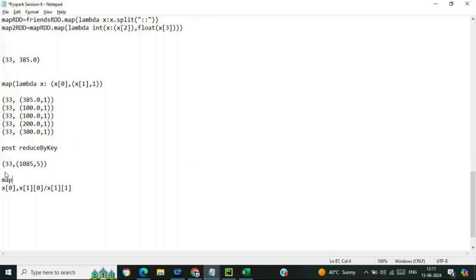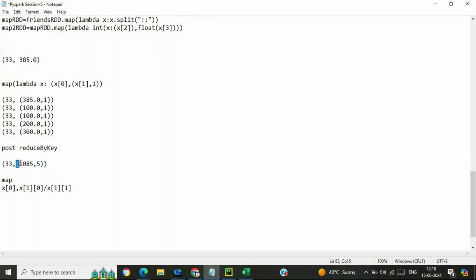Understood, sir. No, this last part, can you please explain once? This x of 0, what is that? If we are having this particular outcome, this complete is x. Now if we identify the indexing, this is x of 0 and this is x of 1, but inside x of 1 we have some more items.